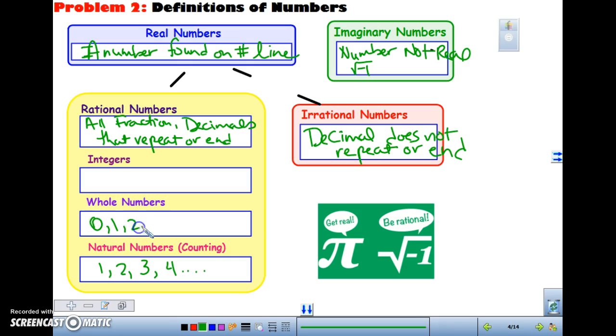0, 1, 2, 3, and then keep going. Now what are integers? You worked with integers quite a bit last year in your pre-algebra. Integers are both the whole numbers and their negatives. So when you think of whole numbers and their opposites, integers are really the whole numbers